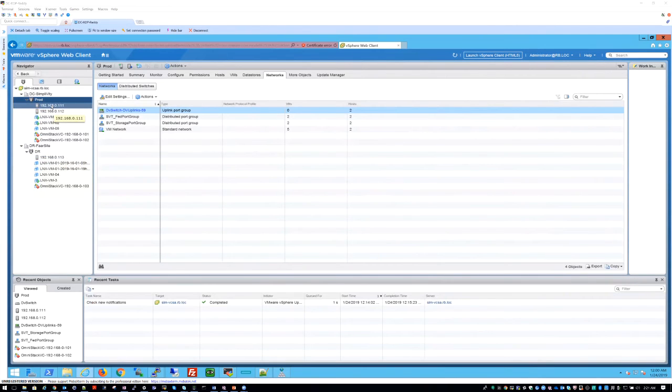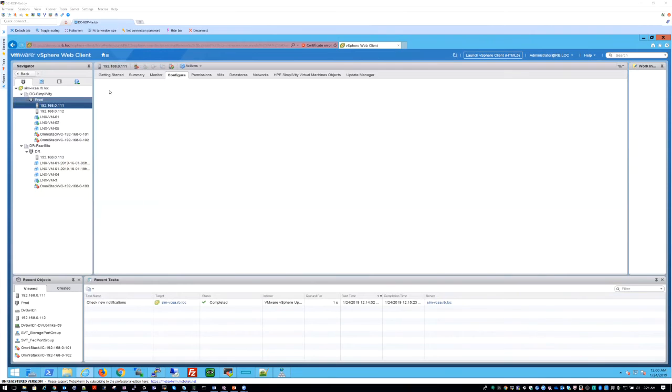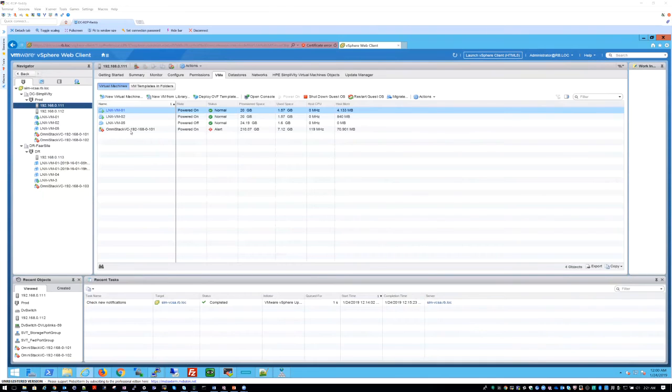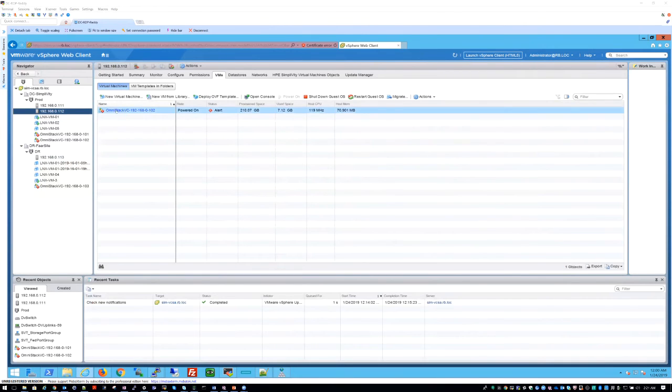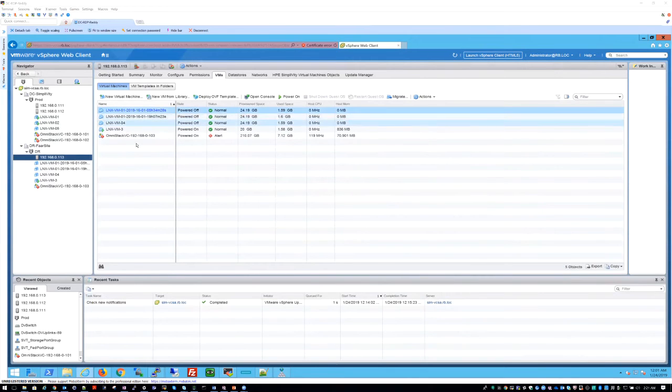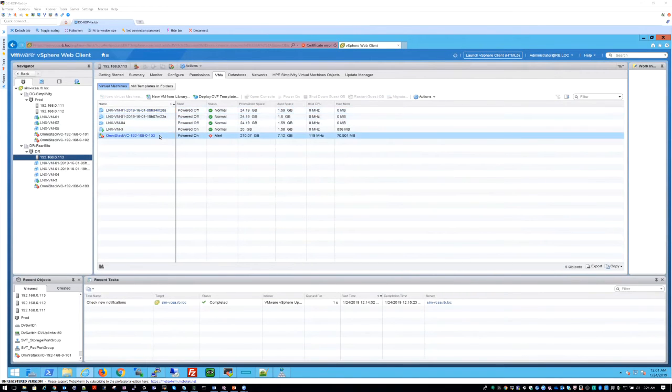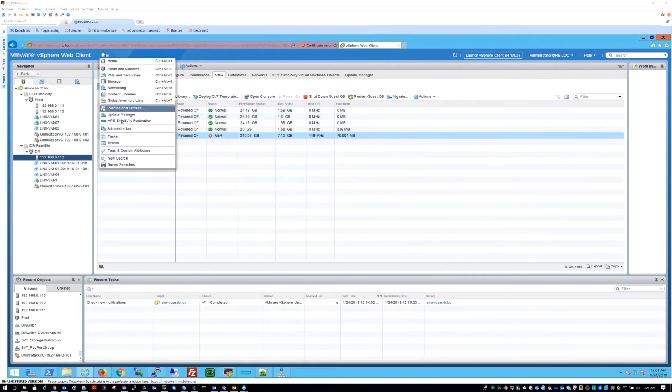And on each ESXi server, if you look at the number of VMs, there will be one virtual machine that the deployment manager spins up automatically, called the OmniStack virtual controller, right? Similarly, you can see here the OmniStack virtual controller for that ESXi server. And this is in the DR location. Similarly, you have one OmniStack controller there, right? So going back to the federation,